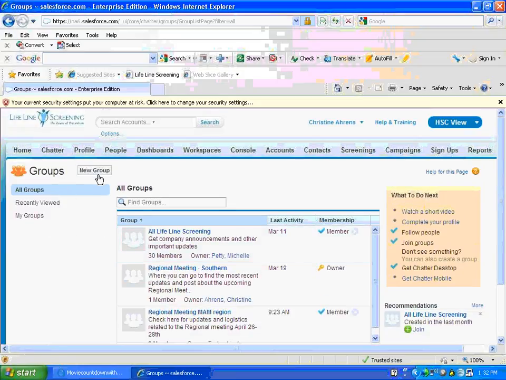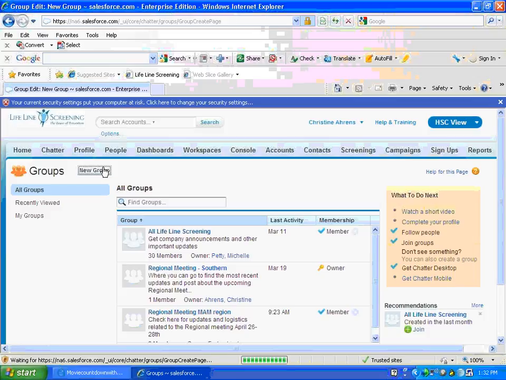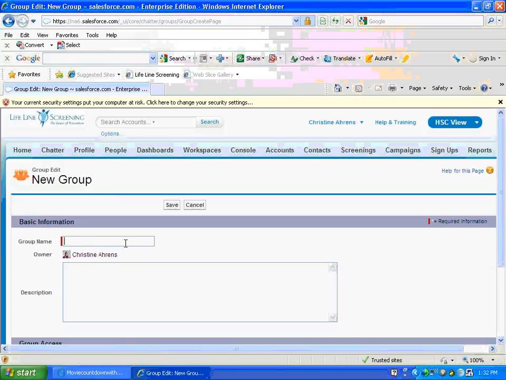Now I want to create, finding groups. I want to create a new group. So I'm going to click here, and I want to call this Salesforce Training. So there are a lot of buzzwords around the regional trainings that are coming up. And part of the regional trainings we're going to have is Salesforce. So please indicate what you would like to see within